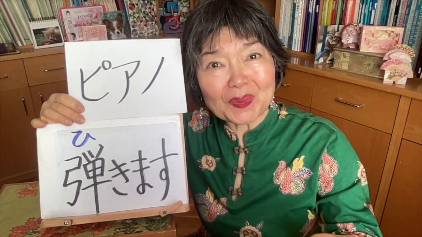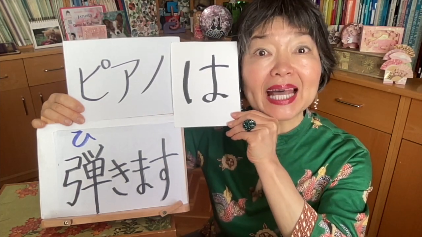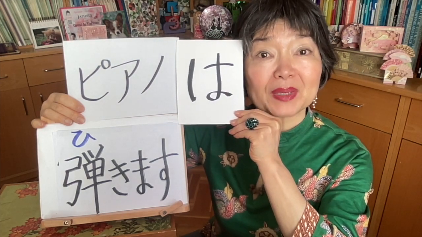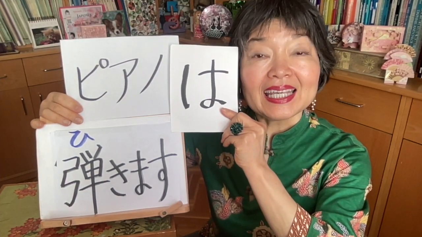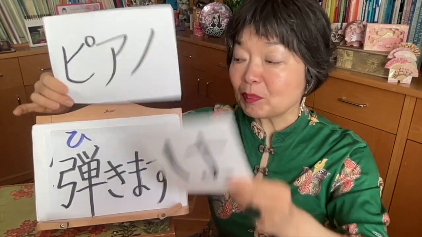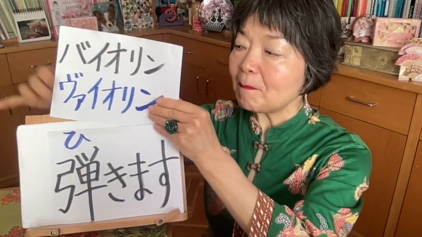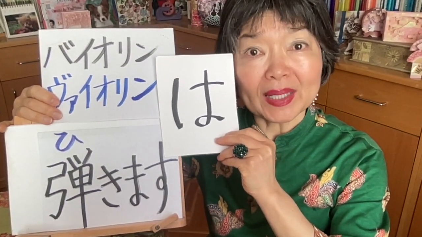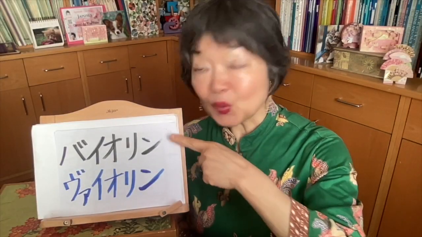So this is a special one. This is an emphasizing one. So instead of the が of the potential verb, we are going to change to は。ピアノは弾けます。I can play the piano. Yeah, piano, yes, I can play the piano. ピアノは弾けますが、バイオリンは弾けません。